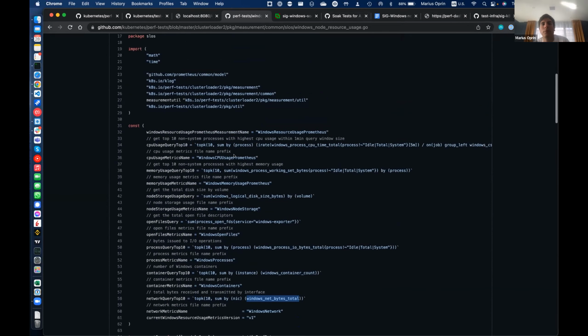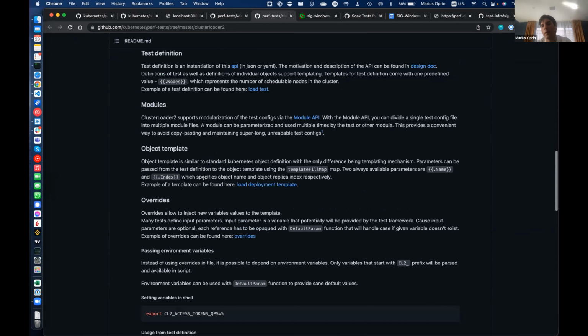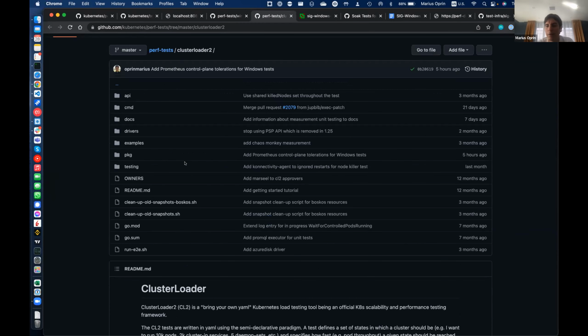But the framework is pretty much done. We can add new measurements here, or we can create new measurements in the Windows portal and then add them here. Also, if we want to add more tests, we can do that here. And there is a pretty good description in Cluster Loader. I don't know exactly where, explaining how to add more tests. And you can do some tests and then trigger the measurements right after that, and so on.